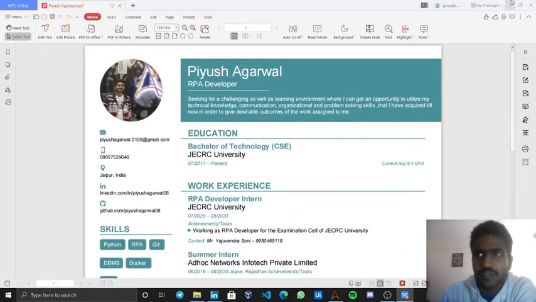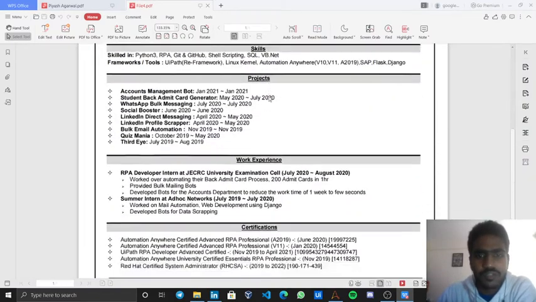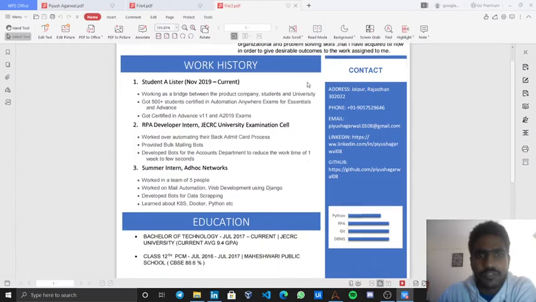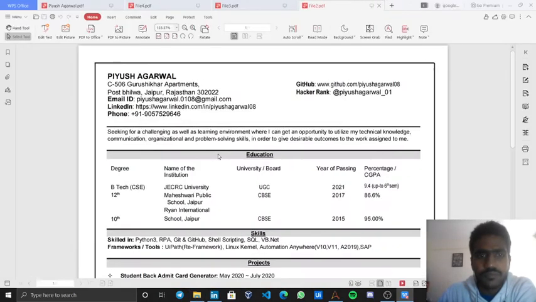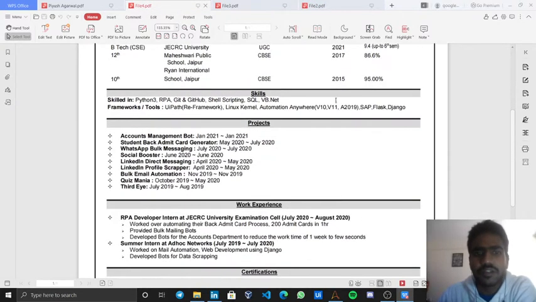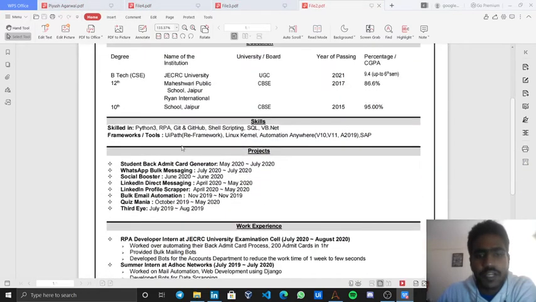Like this is one resume, then if I open another one, this is a simple format, and this is another kind of format, and there is one more which is similar to the second one. The format is the same, the content could be different in all of these documents, and what I want my bot to do is extract my email id from each document and give it to me in a separate doc file.